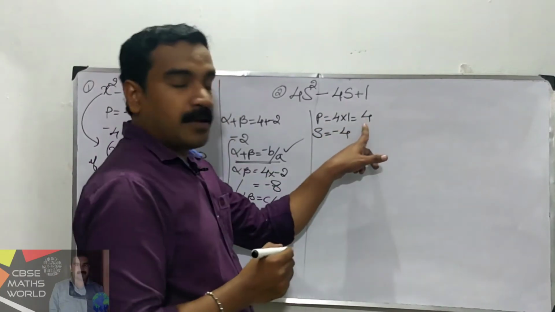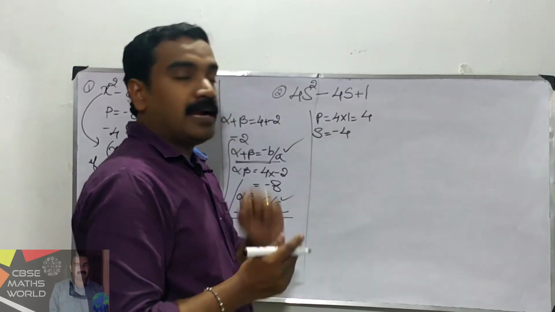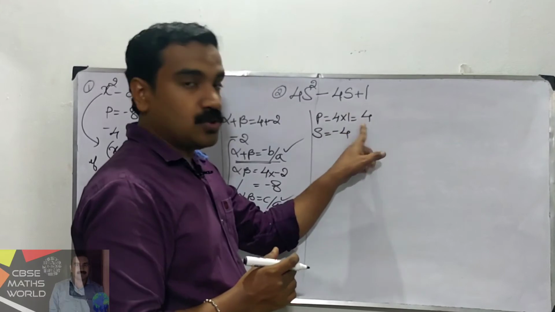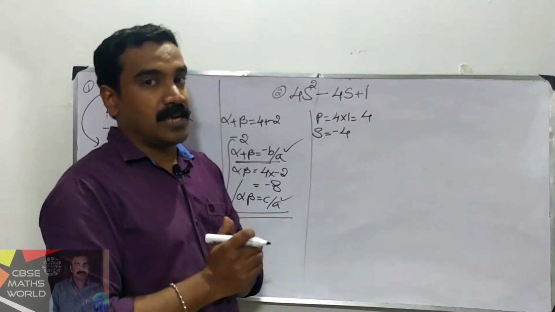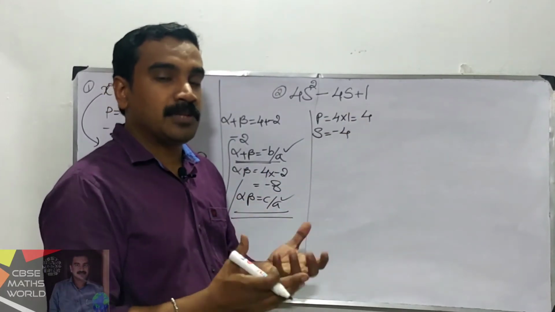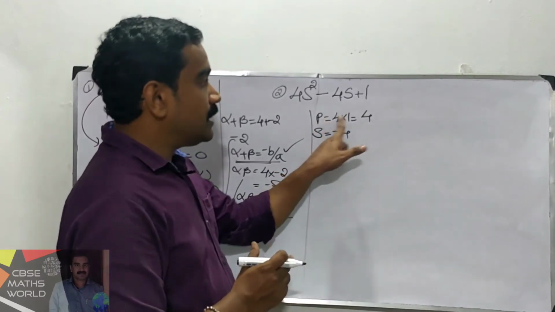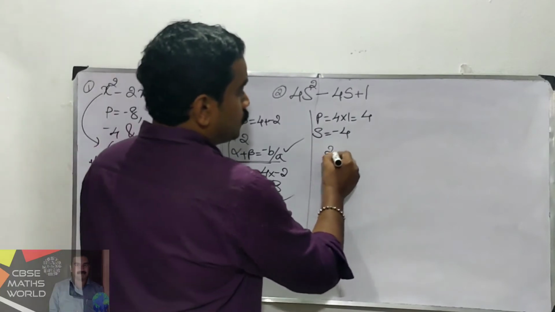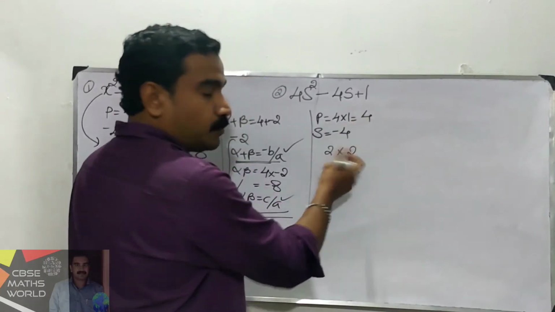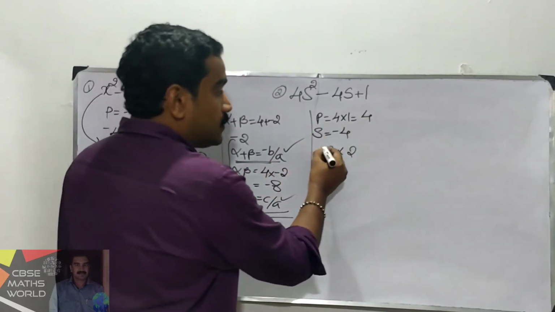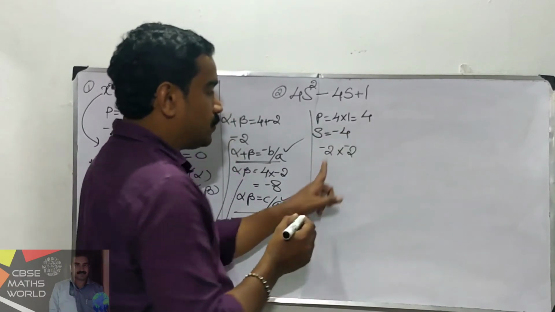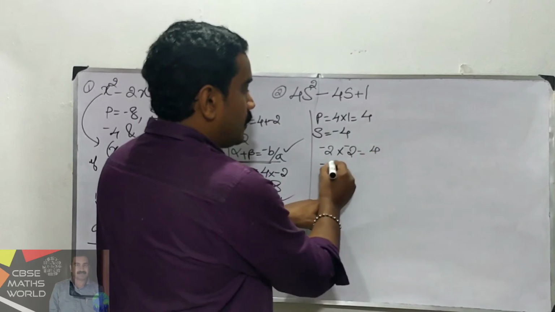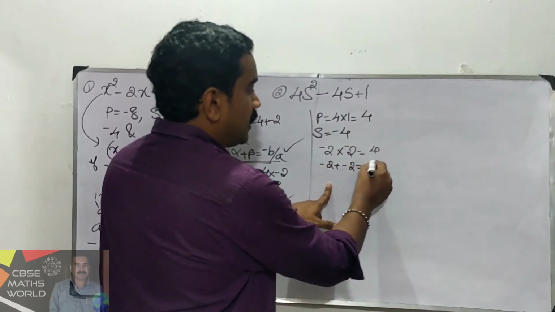So if you multiply, you want to get 4. If you add, you want to get negative 4. Check the sign of the product. Product is positive, so it means the two numbers have the same sign. Maybe the two numbers are negative, maybe the two numbers are positive. So the product is 4 and the sum is negative 4. So which are the two numbers? 2 into 2. Look, 2 into 2, 4. 2 plus 2, 4. So how about the sign? Minus 2 and minus 2. Minus 2 into minus 2. What is minus 2 into minus 2? 4. Minus 2 plus minus 2, negative 4.